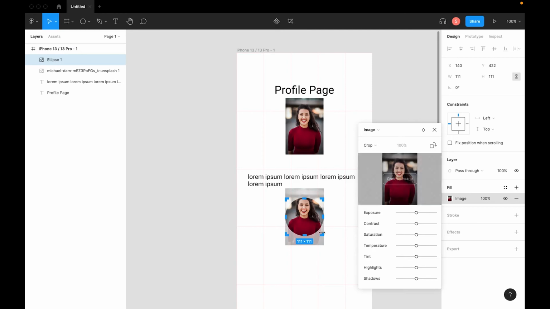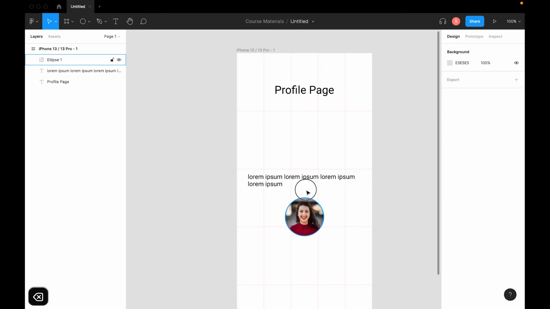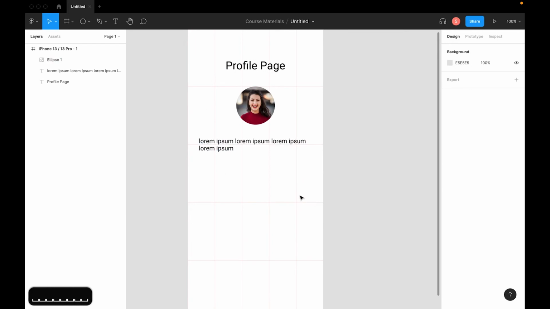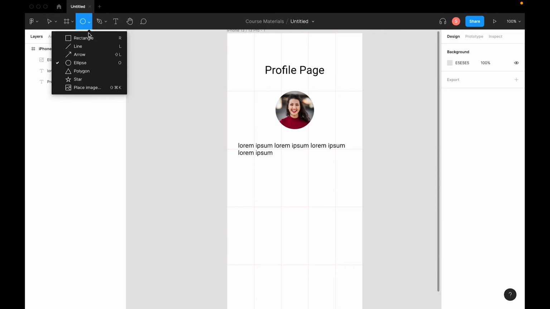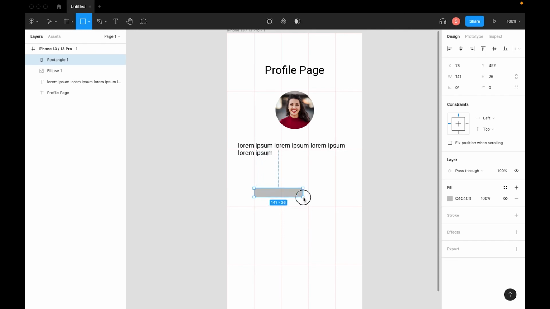And maybe if we set it to crop, then we can actually move this around. There we go. And so I'm going to delete this up here, but let's say I wanted a circular profile photo. Okay, so I've got that set up there. The next thing I might want to do is explore some of those fills, the gradient fills that we looked at. So maybe we'll make a button,